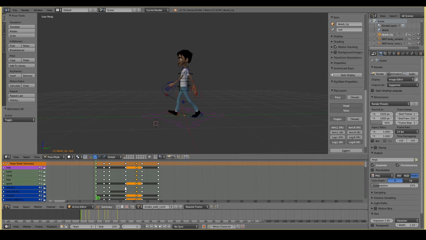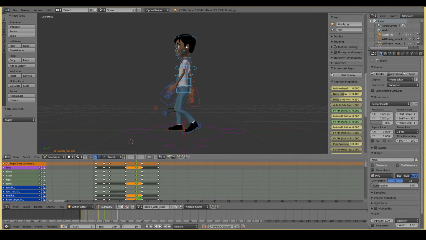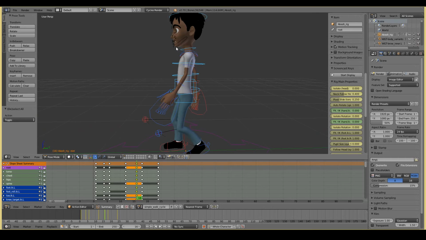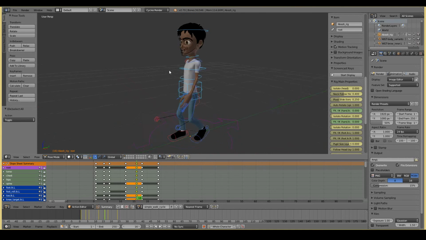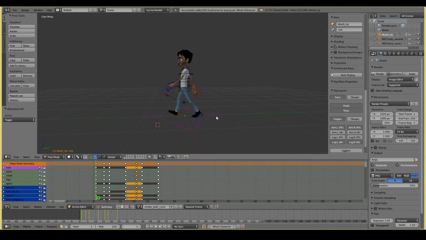Ah, no, it didn't work. Okay, let me just do that again. And let's get rid of the face. I don't know what went wrong. Okay, so copy and invert the pose. I think I forgot to press... It should create the keyframe, but okay. Alt A, and there we go. It's starting to look good.